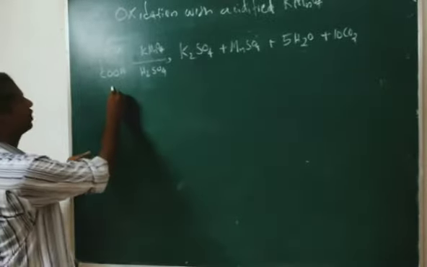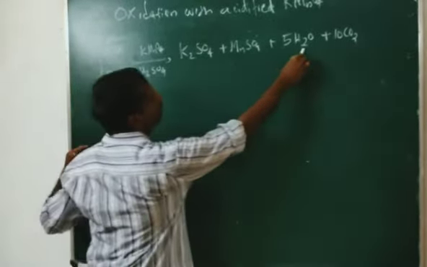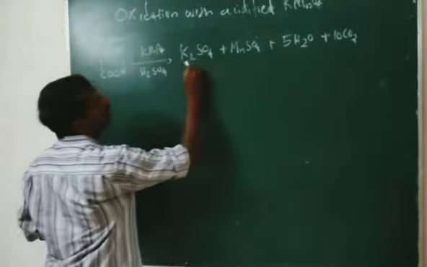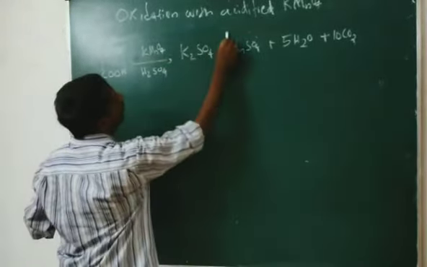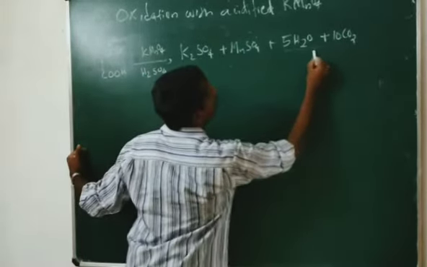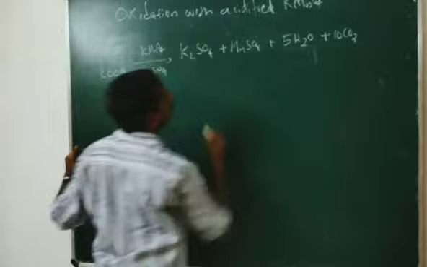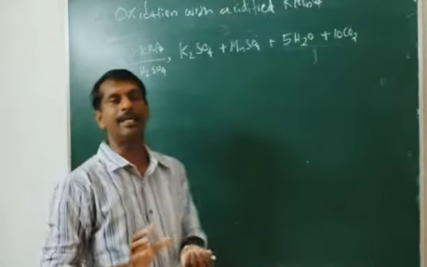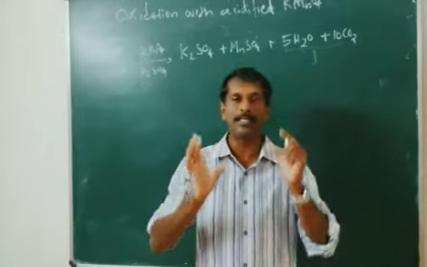Oxalic acid is oxidized to water and CO2. At the same time, KMnO4 is reduced to K2SO4 and MnSO4. Okay. This reaction is a quantitative reaction, and this reaction is the basis of